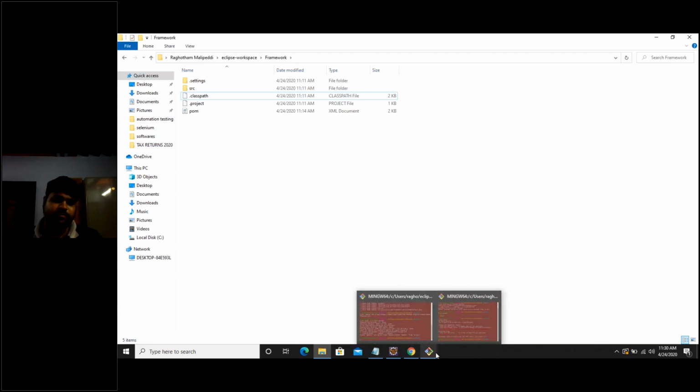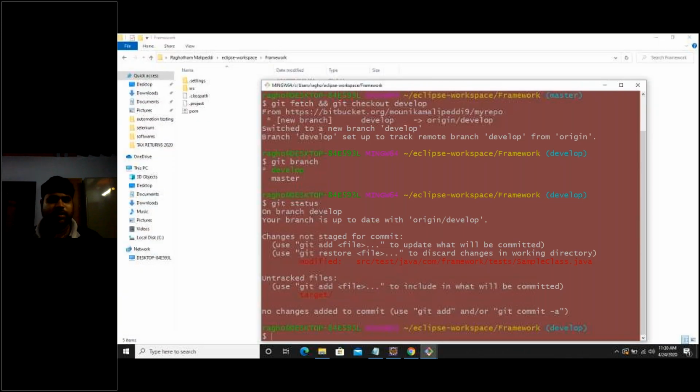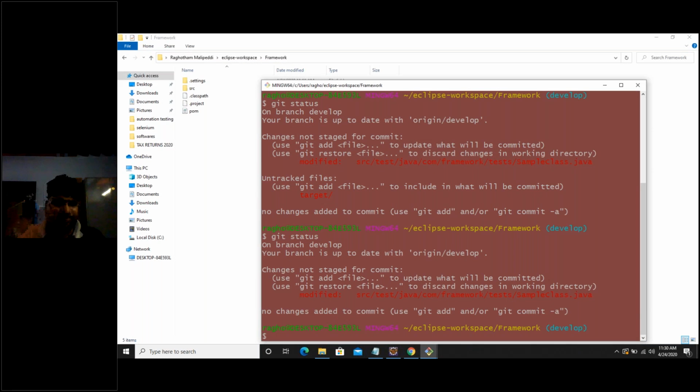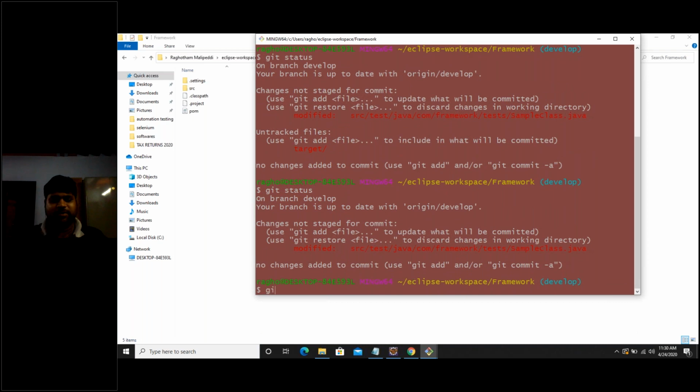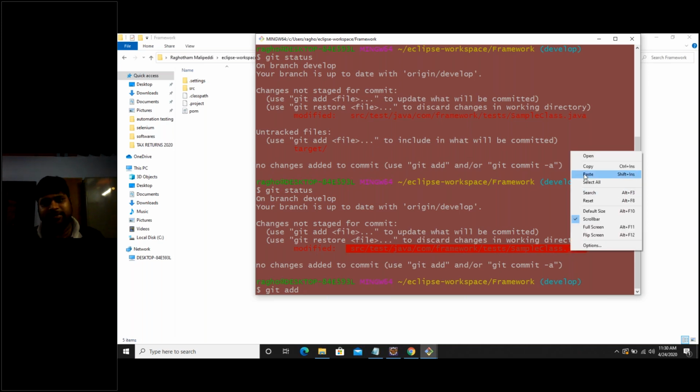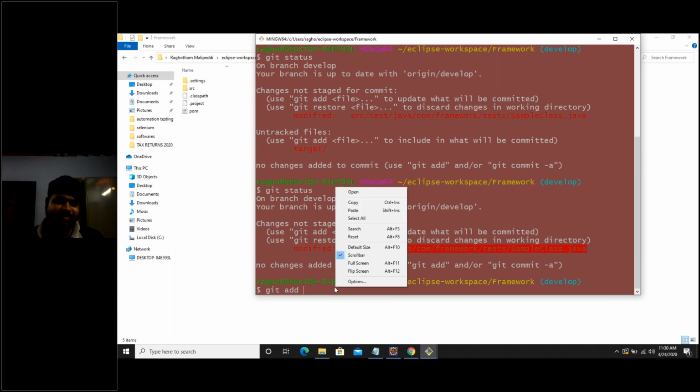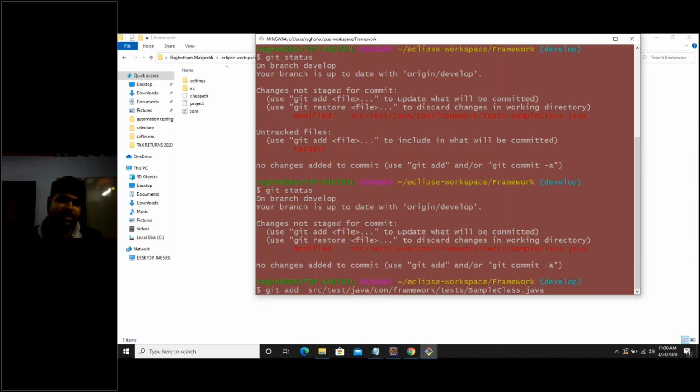So I'm going to the git bash again. Now I'll say git status. It will say only modified because I already deleted the target one. So we have modified it. Now I will say git add. If you want to add this particular file, you need to enter this complete file path. If you want to add all the things, it's like git add -a, but if you want to add only single file, you need to say git add and that complete file path. So this is the file path.